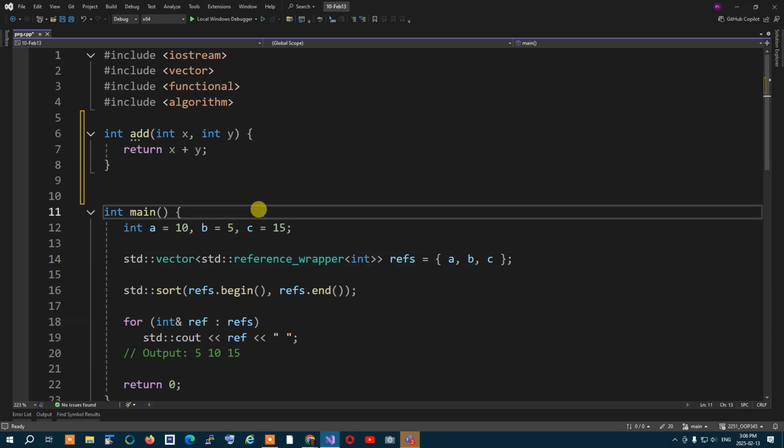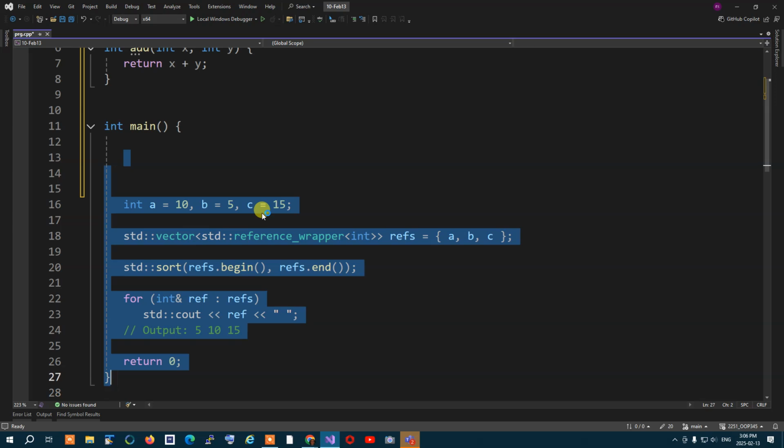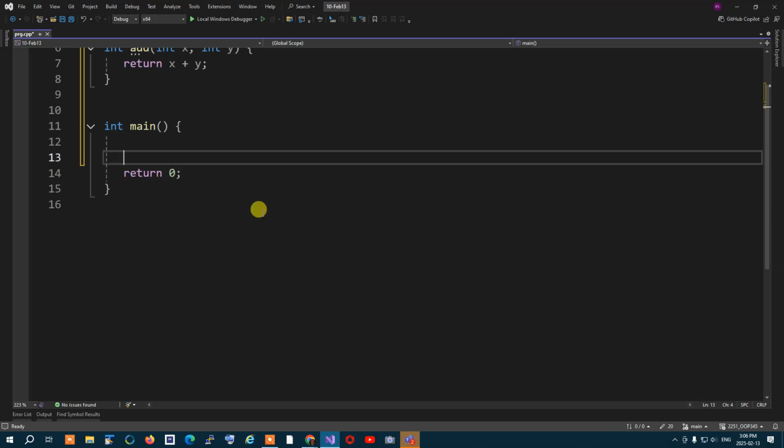So let's say I have a function called add,